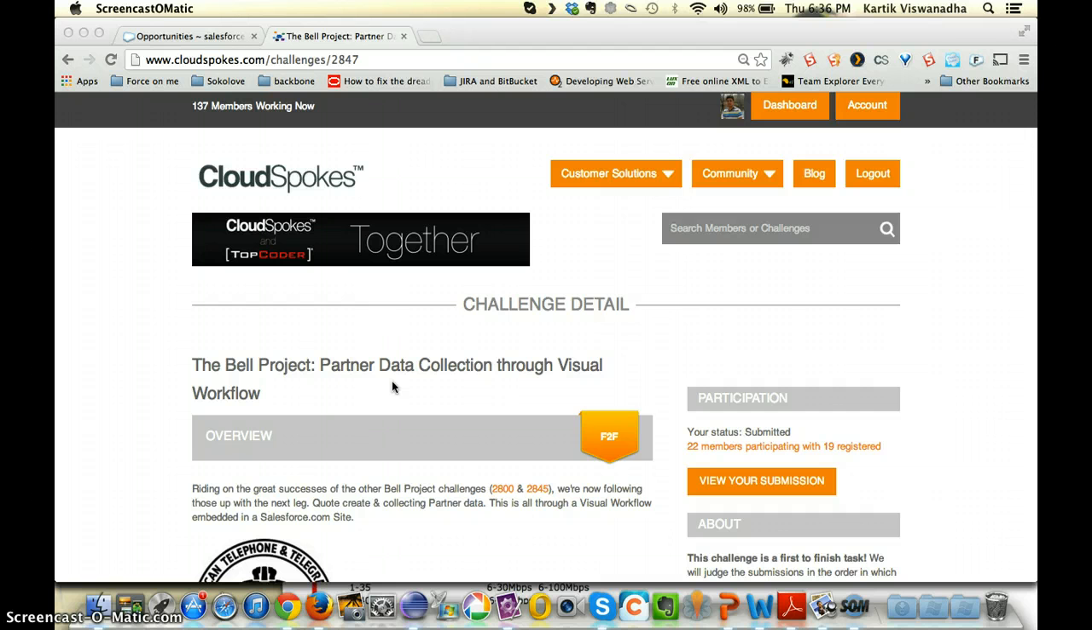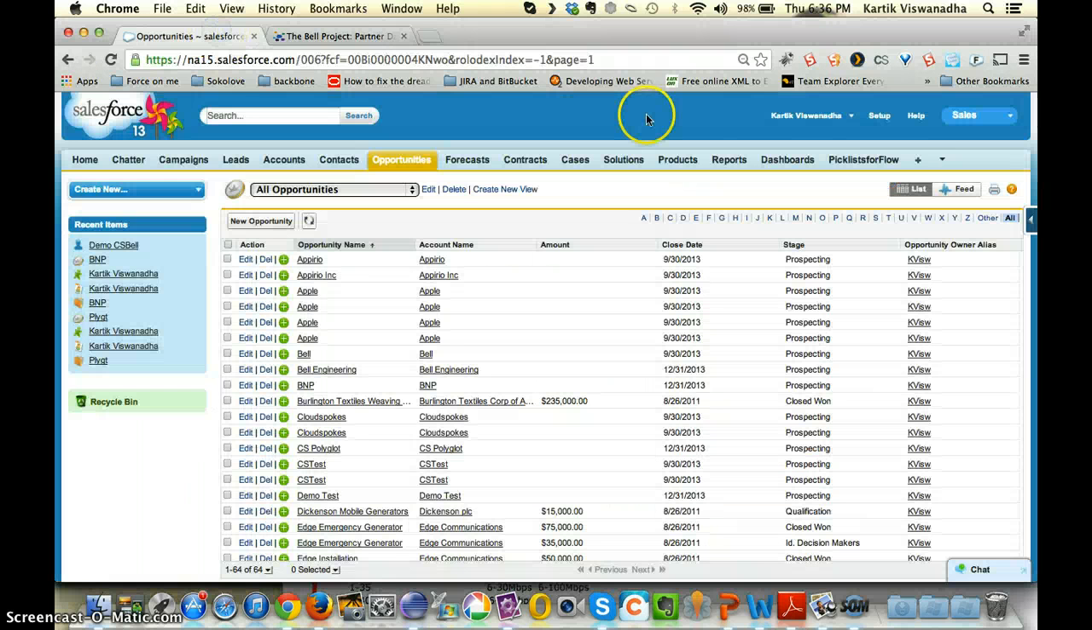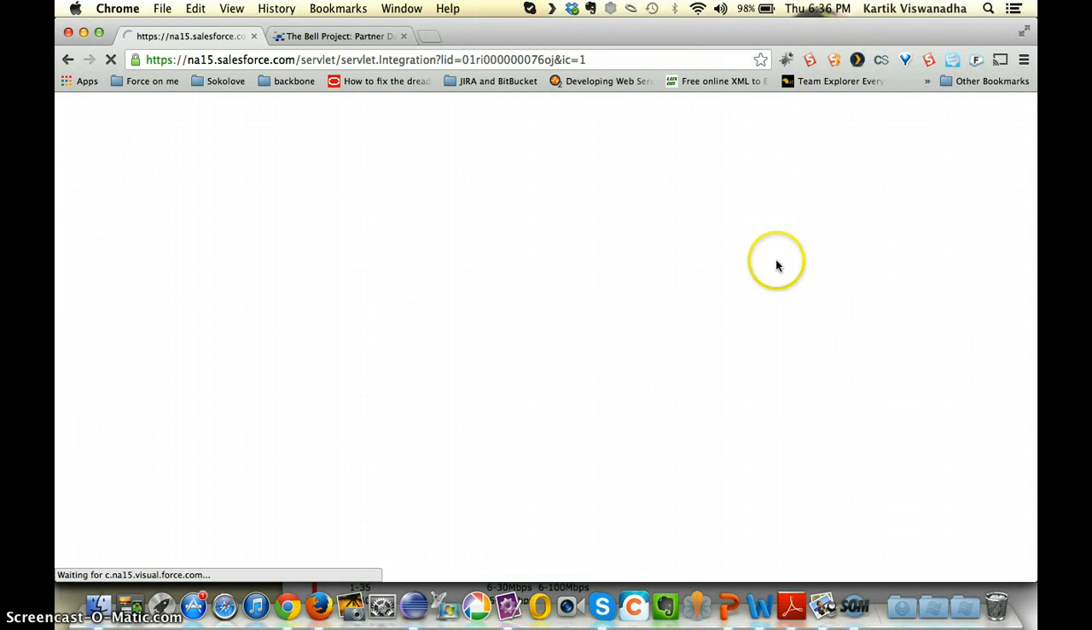So I think enough of all this explanation. Let me go into the demo. I'm going to demo you through all three challenges. I'll start with the lead, then show you the client data entry, and then the partner data entry. So this is my Salesforce org, and I'm not sure if this is the first challenge